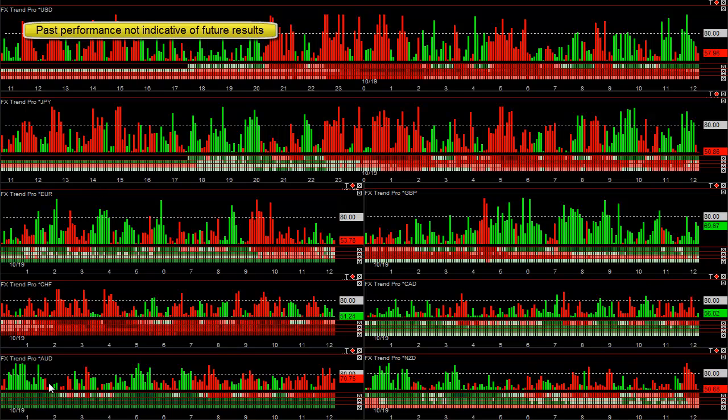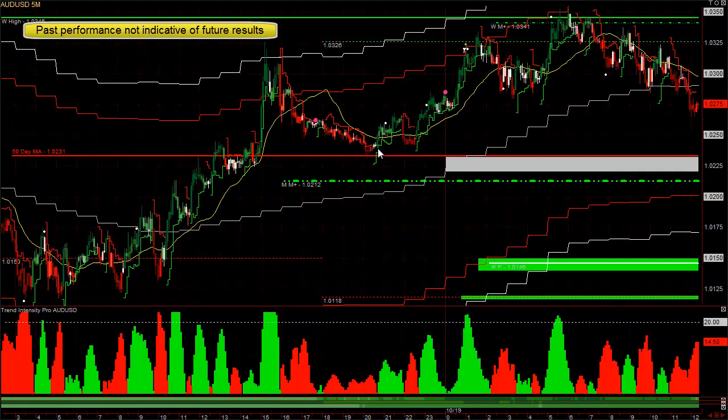The Australian was also very strong on all time frames. The weekly monthly trend is even stronger than the euro. So again, you want to be buying the Australian dollar pretty much from 9 o'clock last night until about 2 when the dollar got strong, and then again from 5 to 6. So last night you got this pullback, 50-day moving average right here. You can see a small profit here. You buy this pullback right here,